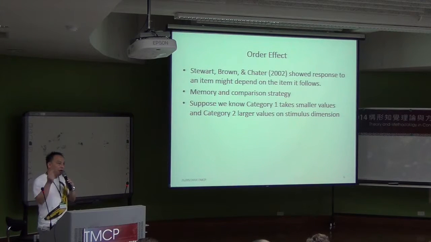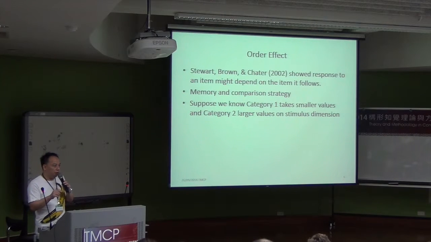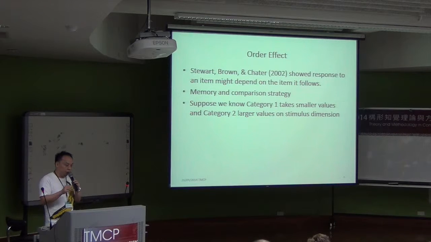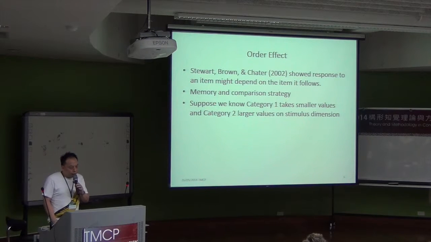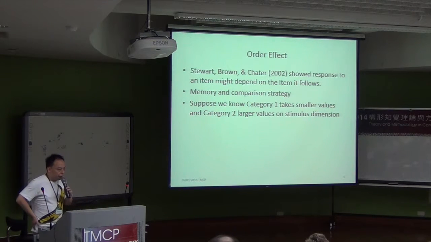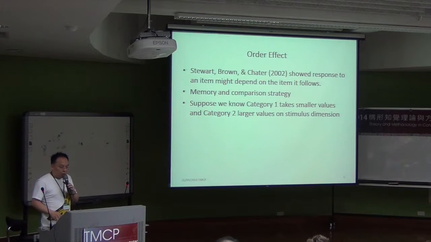However, if you look at their paper, you will find the key point is whether the model is sensitive to the order, right? If it is the key point, then there must be some kind of order effect that should be observed in this type of experiment. And in their original paper, I didn't find this kind of discussion. So I'm interested in whether we can just rerun the experiment and see whether there's some kind of order effect. And here the order effect I would take is the one actually reported by Stewart, Brown, and Chater